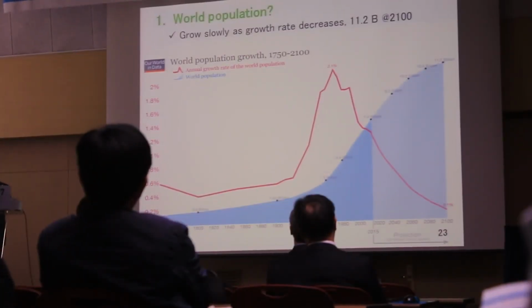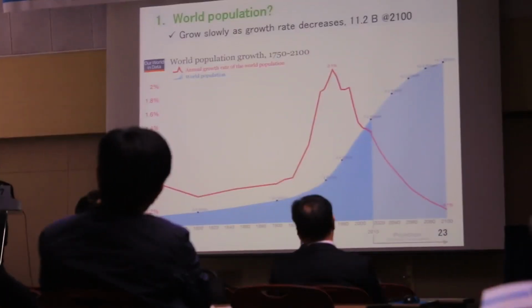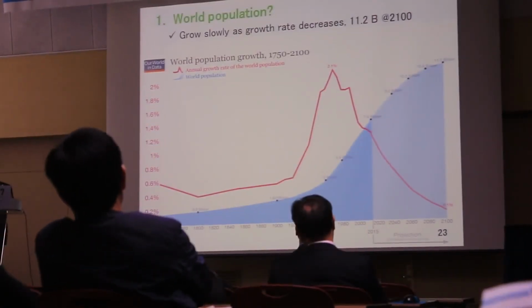Well, the major impact is given by the world population. The world population will still slowly grow, but the growth rate is being reduced very sharply. Nowadays, even in underdeveloped countries, they don't have many children anymore. They know how to control their number of babies, and they know